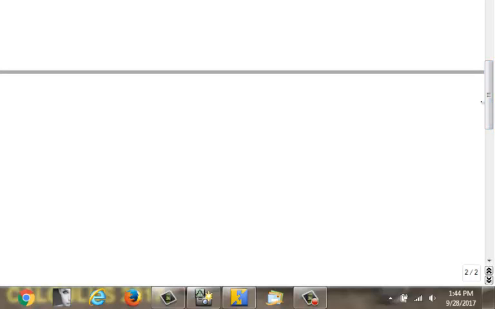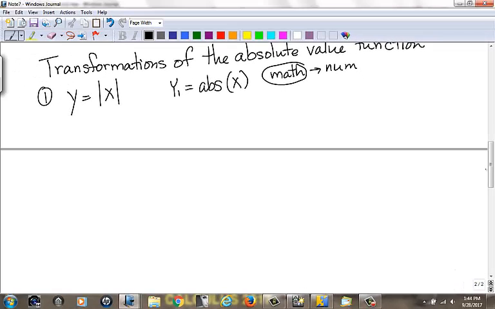So you can do, yesterday we did zoom squared and squared it up, but I'm not going to mess with that today. So for right now, this is our parent graph. Should look something like that. All I need is a sketch of it in your notes. Okay. Now, if we do a transformation, as an example,